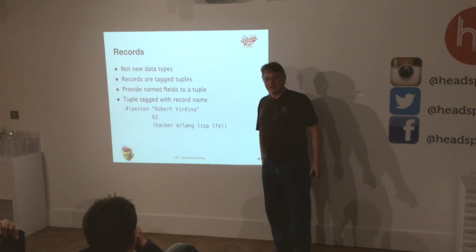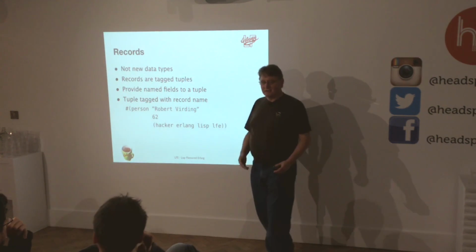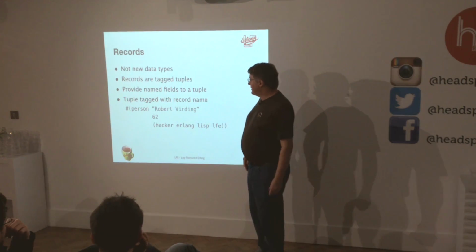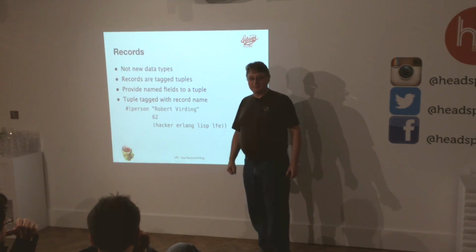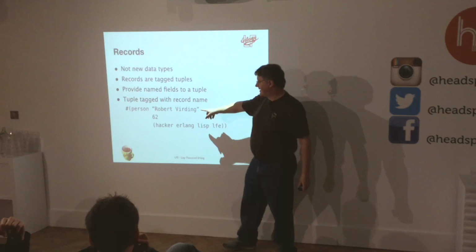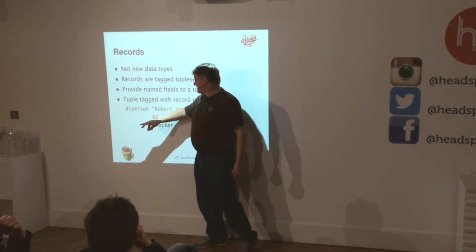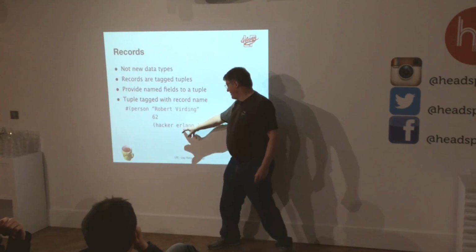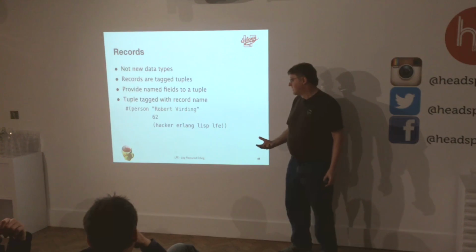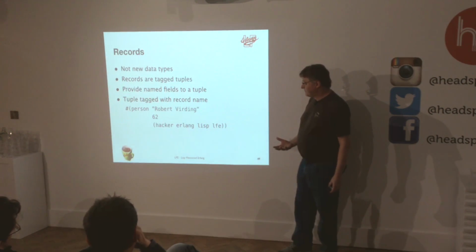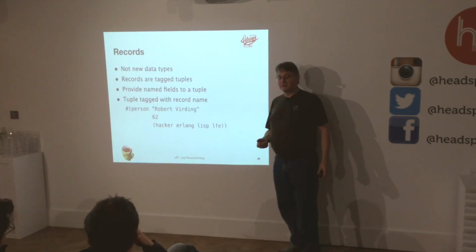We've got records. Erlang has a concept of a record. So we don't have user-defined data types. One way of getting around this is we use tuples and we put a tag at the front of the tuple that says what this is. So here's an example of a tuple with a tag person saying this is person type information. And it's me, my age, and a list of things I'm interested in. This is just a person record. And this is a way of getting around not having user-defined data types. This is one standard way of doing that.